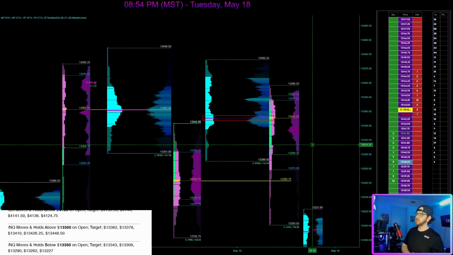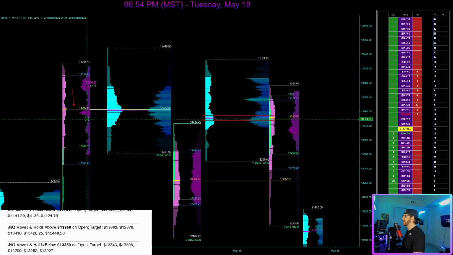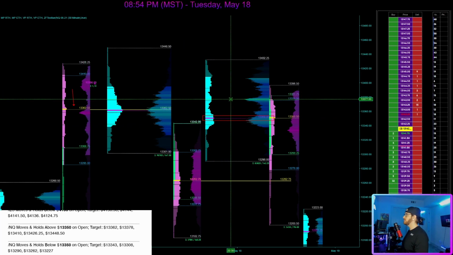So again, the upside targets on NQ were a little bit more active. We did get 2 upside targets hit on NQ. The first one being 13,362. 13,362 was the point of control from that May 14th regular trading hour session. The next upside target I was looking at was